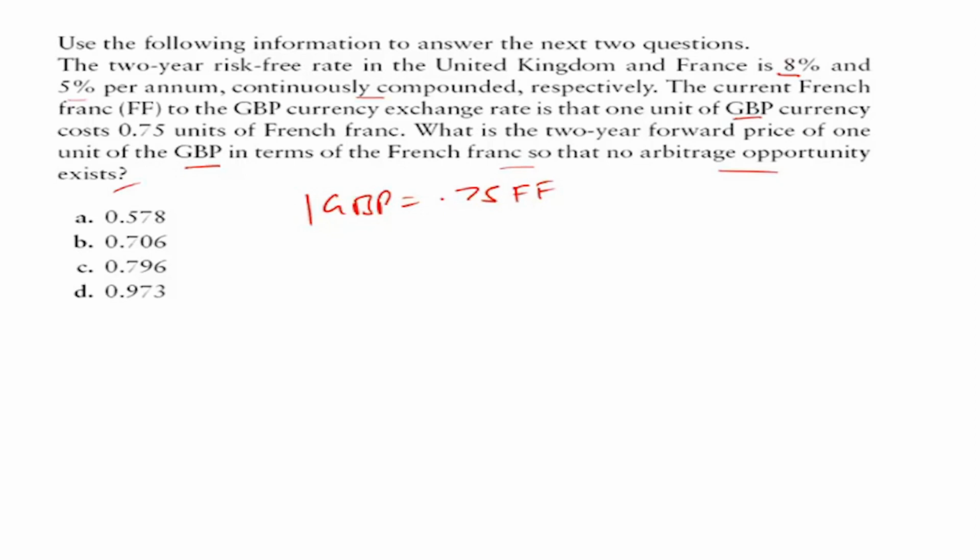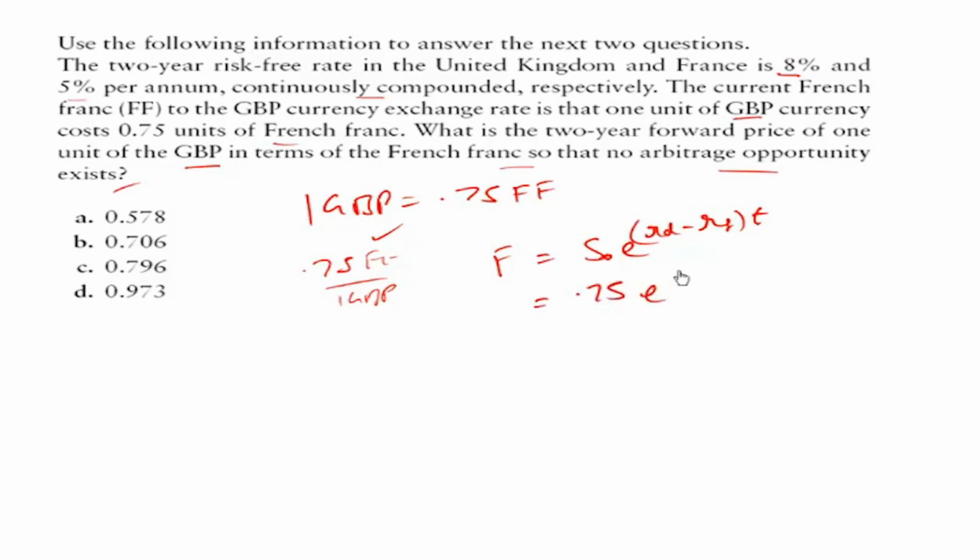So the rate given is a domestic or a direct quote for the French franc. That is, how many units of the domestic currency for 1 unit of the foreign currency. So we will assume ourselves to be citizens of France. It is anyways in our direct quote, domestic currency per foreign currency. The forward price can then be calculated as the spot price times e raised to power (rd minus rf) times t. Spot price is 0.75